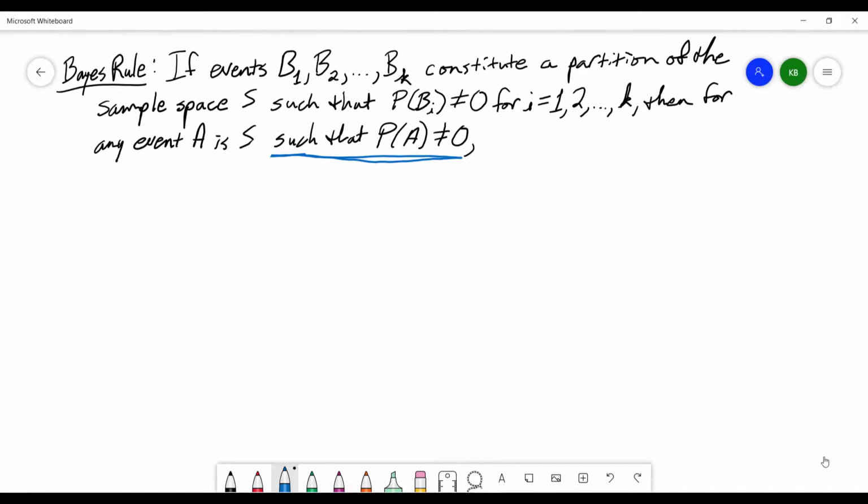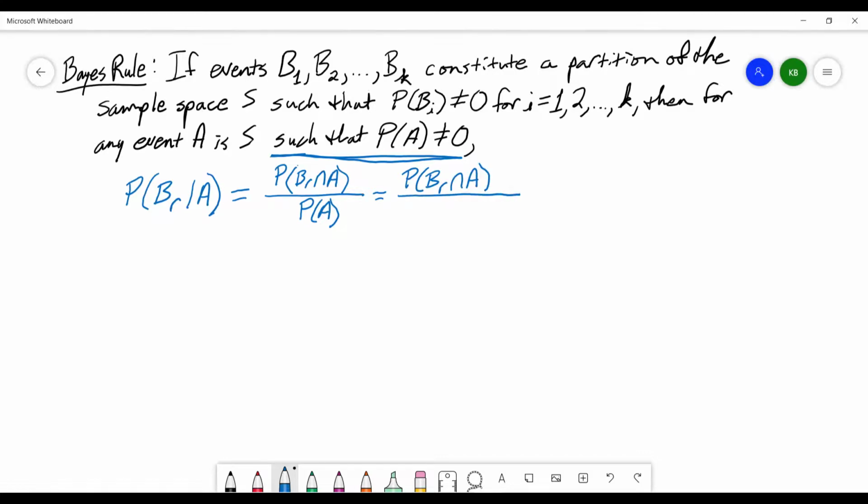So what Bayes' rule is going to let us do is find the probability of some B sub r given A. And if we do that, this is conditional probability, so this is going to tell us that this is the probability of B sub r intersect A over the probability of A. But we know by our theorem of total probability that the probability of A can be written differently. So this is really the probability of B sub r intersect A